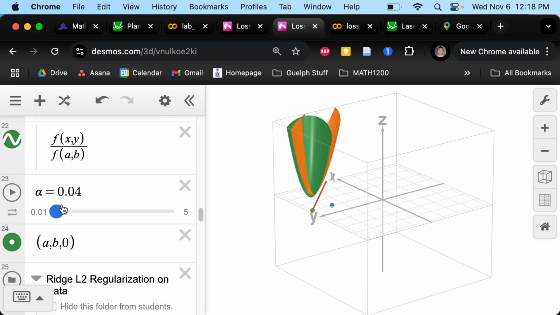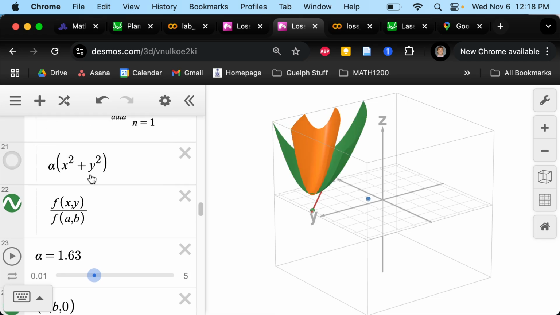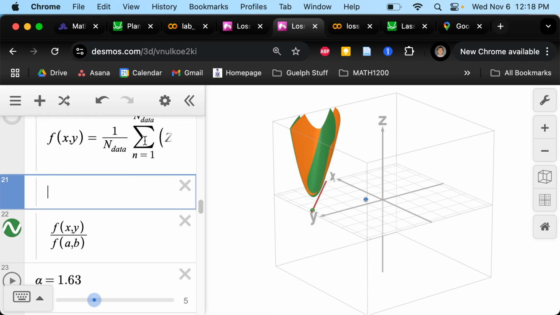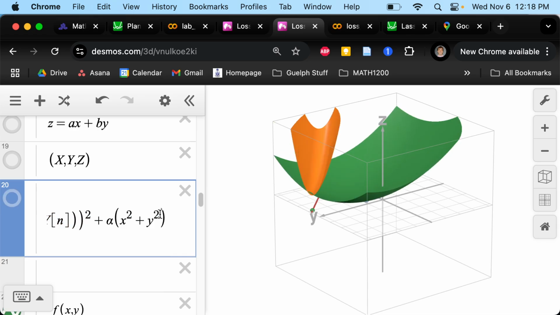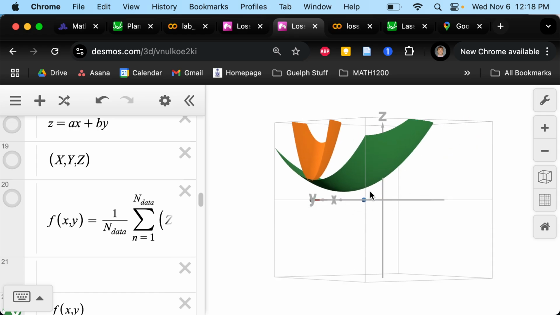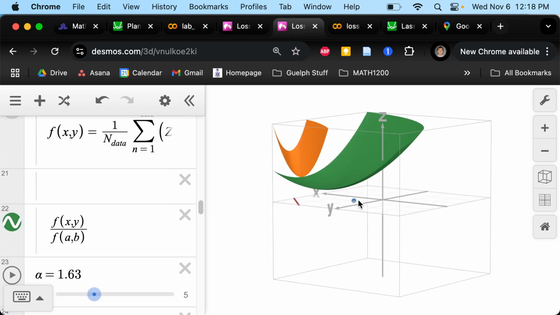Okay, and I want to put f back in. I want to put this back in the f. Give me one second here to put this back in the f. This plus this. Okay, so this is the sum of the ridge regression bowl, and the blue dot is the